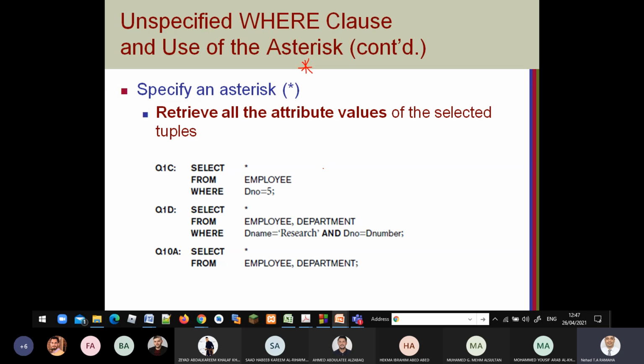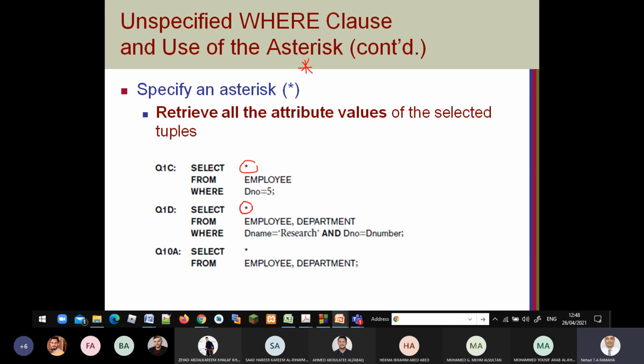I said retrieve the data of the employees who are working in department number 5. Then for all the attributes we use only star. It's not even logical to use select first name, last name, middle name, address, and so on. If you retrieve everything, we use only star.